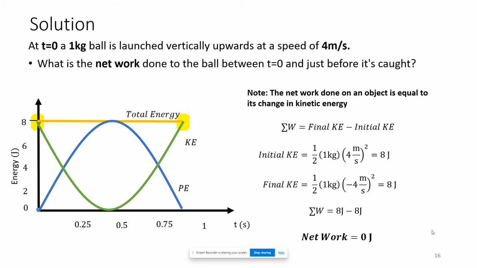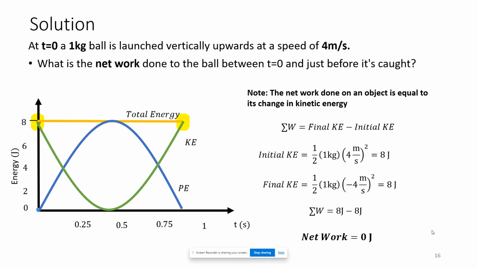So the net work done on an object is equal to its change in kinetic energy. So the sum of the work is the final kinetic energy minus the initial kinetic energy. When we solve that, we can simplify this equation and this problem quite a bit just by the conceptual aspects, which is something that you'll get a lot of practice with at Olin. Oftentimes,